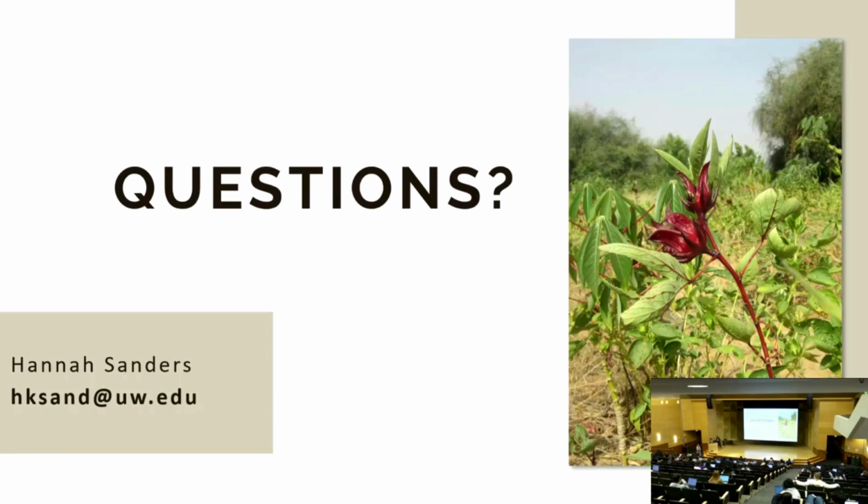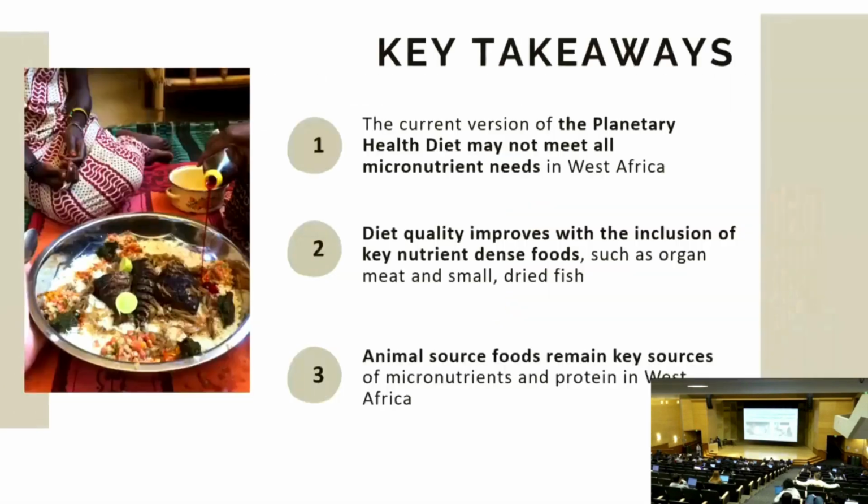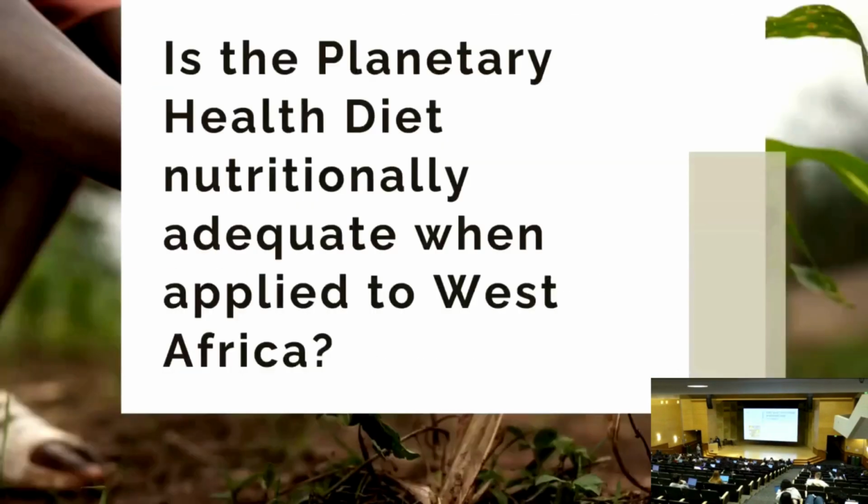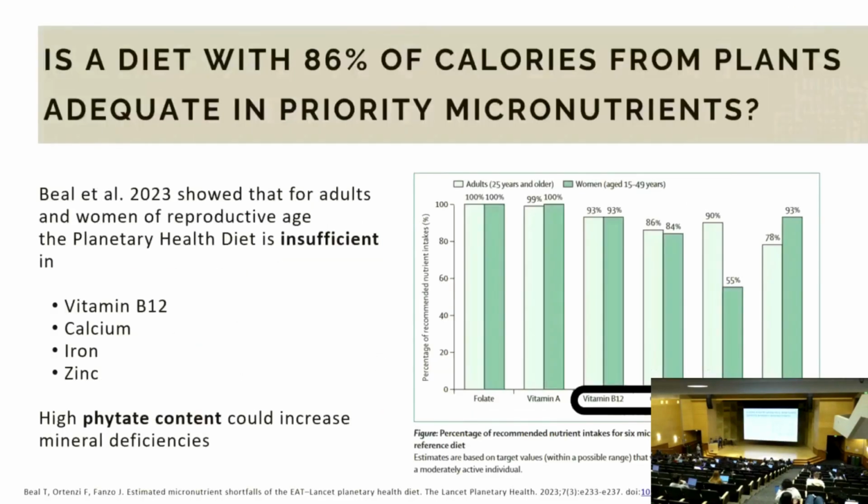Yeah, excellent question. I don't know if I can go back to that. I can. So you're referring to this graph. You'll see the dark green is for women of childbearing age, whereas the light green is for adults 25 years and older. And so the reference values that we used in our study are more similar to that of the adults in the light green. Whereas, yeah, we didn't do the analysis for women of childbearing age, but that could be an easy next step too.